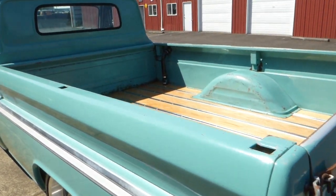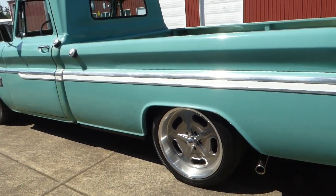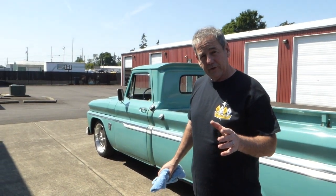Pull a little vintage trailer or a little boat or something around. It'd be kind of cool. Truck drives excellently. Let me take a minute or two to tell you a little bit about the website, westcoastcollectorcars.com,